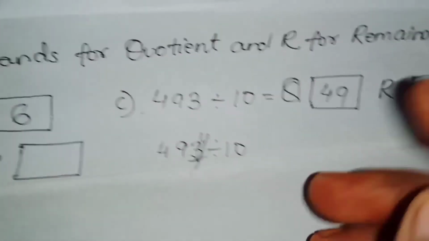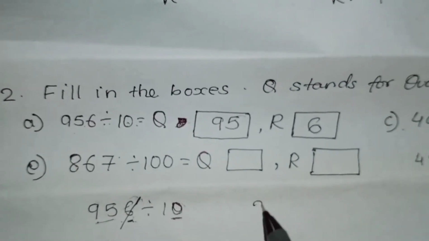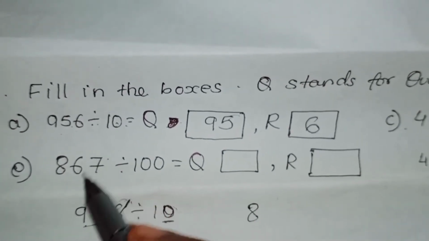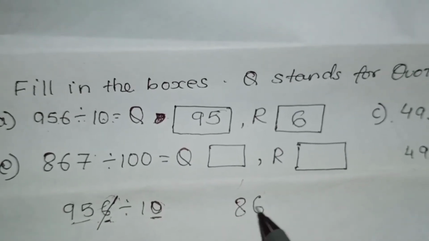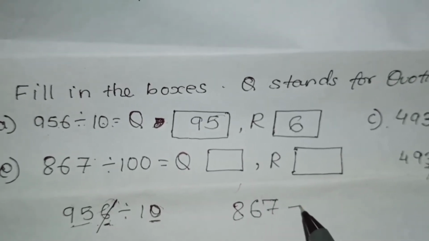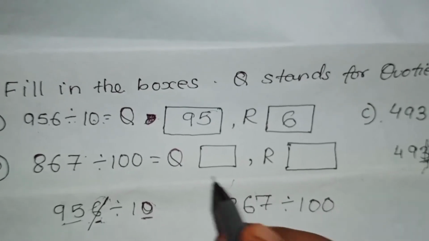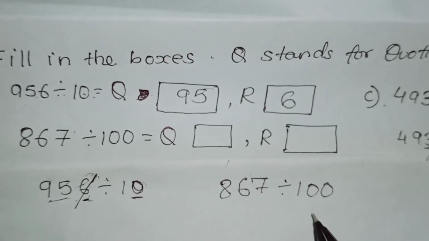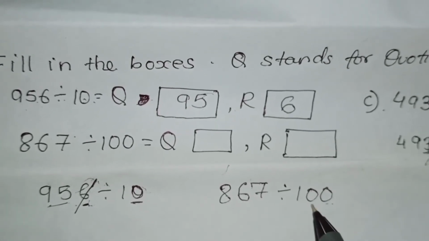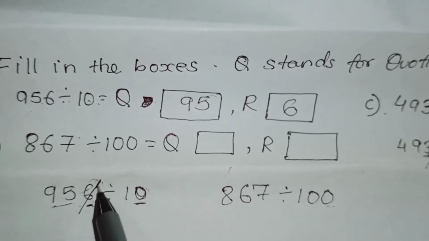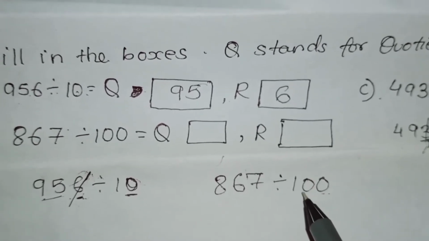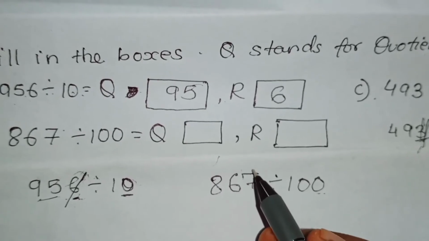49. Now the next one. Again I will copy. Why I am copying is I don't want to cut and make it dirty. So I am writing it separately, and I'll just copy the answer. So divide by 100. In 100 how many zeros are there? 2. In 10 only 1, so that is why we cut one number. In 100 how many zeros are there? 2. So from back we'll cut 2 digits.